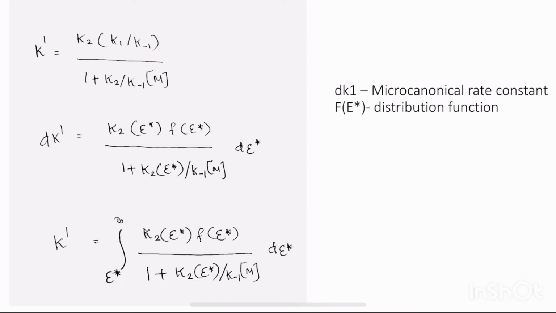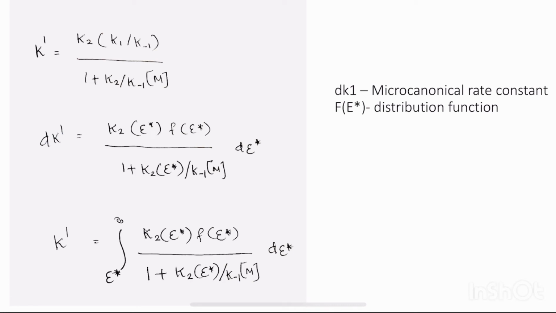After the derivation of the Hinshelwood formula in 1927, three scientists, O.K. Rice and H.C. Ramsperger, and independently L.S. Kassel, proposed theories in 1928, just a gap of one year. In them both k2 and k1 by k minus 1 were treated as dependent on epsilon star. These theories are referred to jointly as the RRK theory, proposed by Rice, Ramsperger, and Kassel. In this theory, k2 is replaced by k2 of epsilon star and k1 by k minus 1 by f of epsilon star,